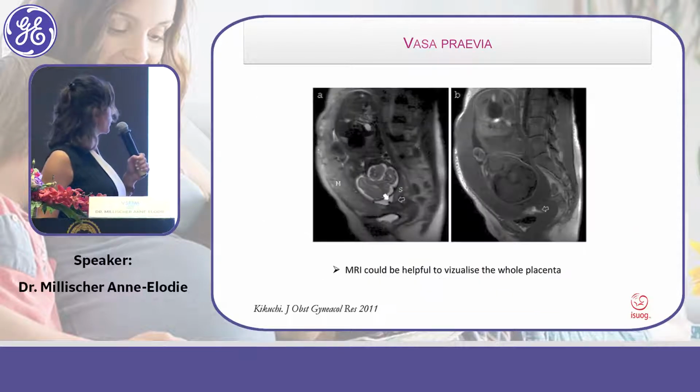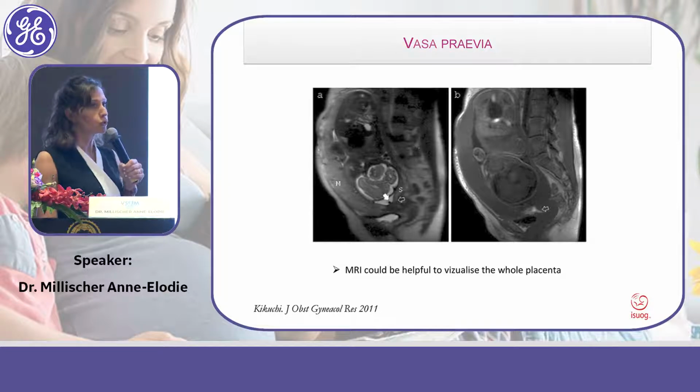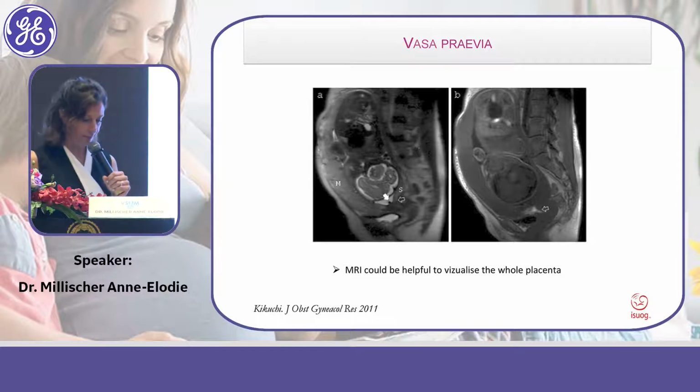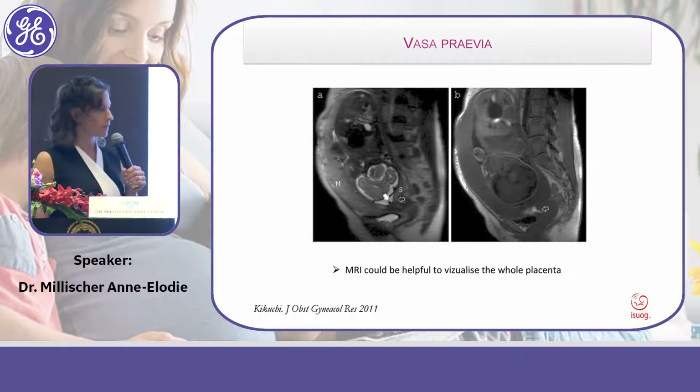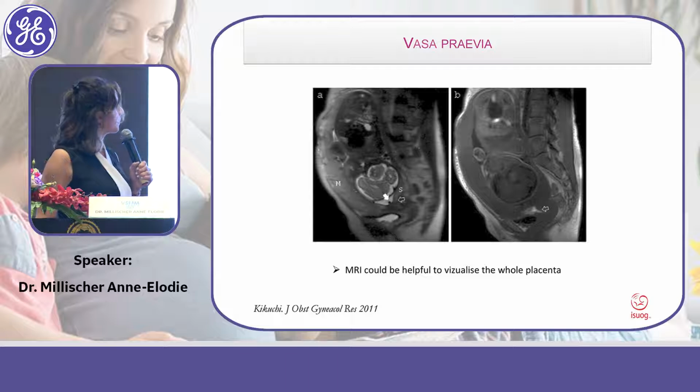Here you have an example of vasa previa diagnosed by MRI with the typical aspect here of hypo T2 signal. And here you have this hyper signal T1, which means that there is some blood inside the cervix due to those vasa previa. Đây là một cái hình ảnh MRI mà các bạn chẩn đoán được một cái mạch máu tiền đạo. Thì trên cái hình T2 mình thấy nó có một cái nốt tín hiệu thấp ngay cổ tử cung, đó là cái mạch máu. Còn trên hình T1 mình thấy tại cái địa điểm đó nó lại tăng tín hiệu lên, thì mình biết đó là một cái mạch máu tiền đạo.